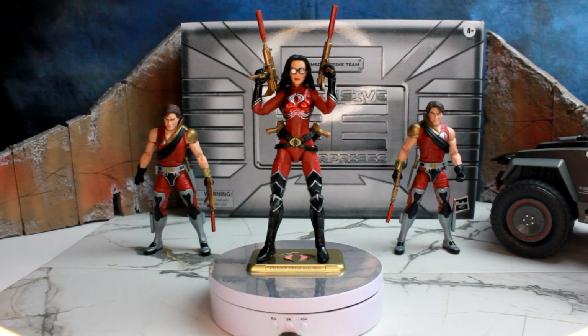So here we have before you the Crimson Strike team, Tomax and Zartan and the Baroness, decked out in the red, the black, silver, and the gold. So you know these are the colors of the Strike Force team, and I'm glad to have this set. I heard a lot of the good and the bad about this set, but I'm not going to do much talking about